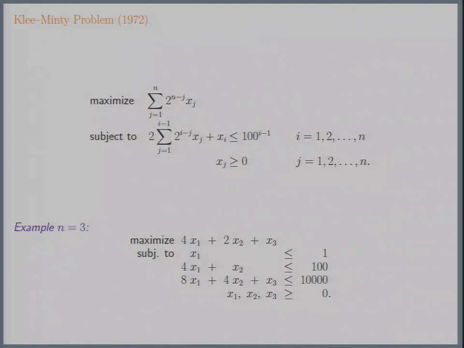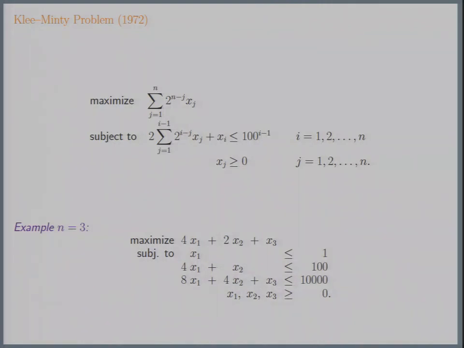So here's the famous worst case problem discovered by Klee and Minty, published back in 1972. It looks like this. The data is growing exponentially with powers of 2 and powers of 100, and it's a big mess. But if we look at just the n equals 3 example of it,